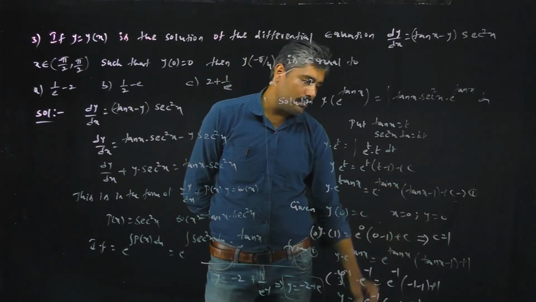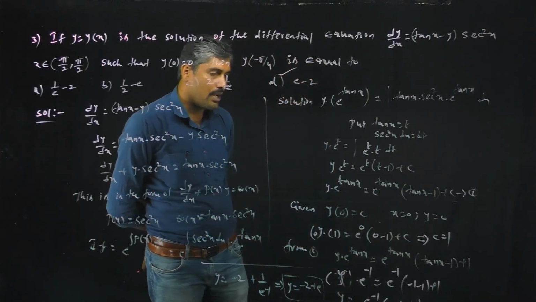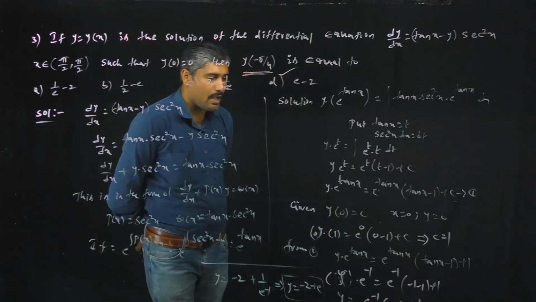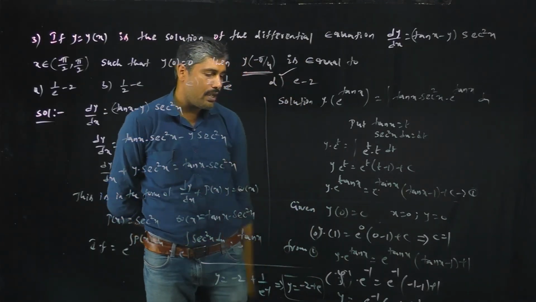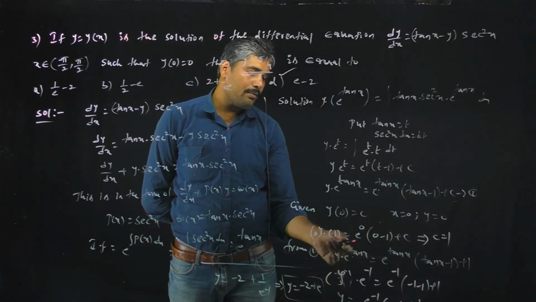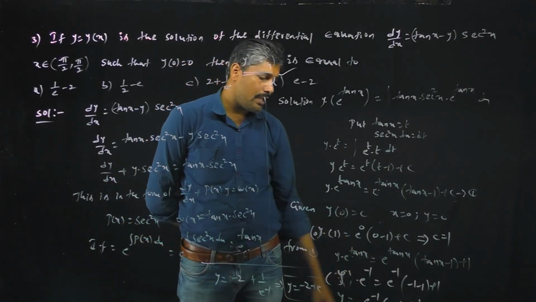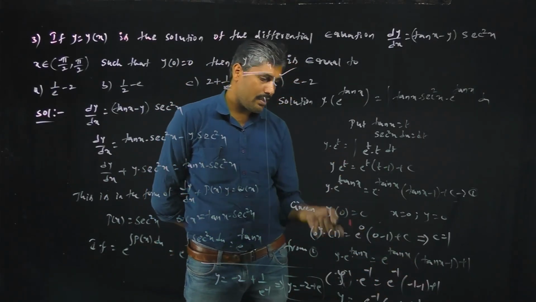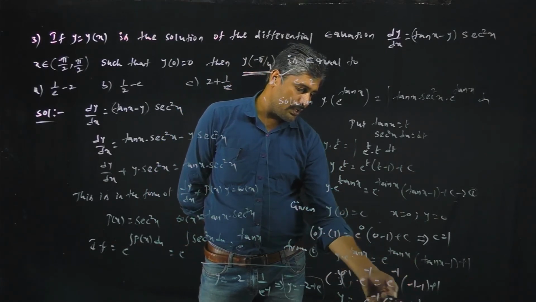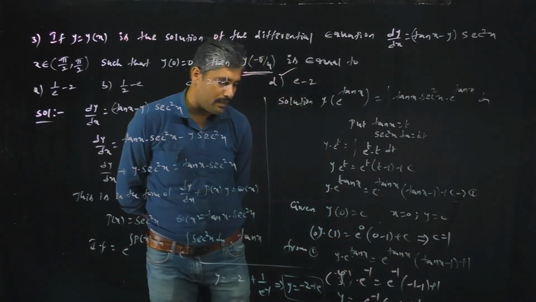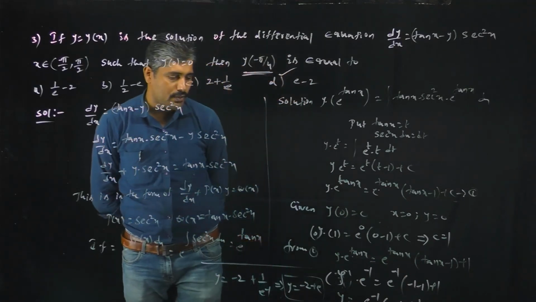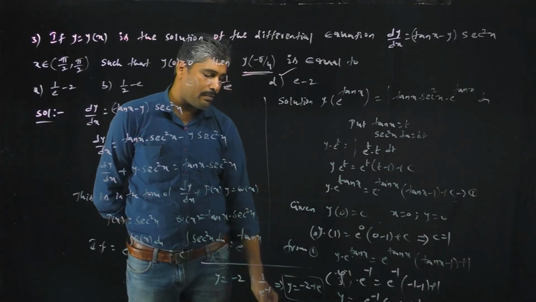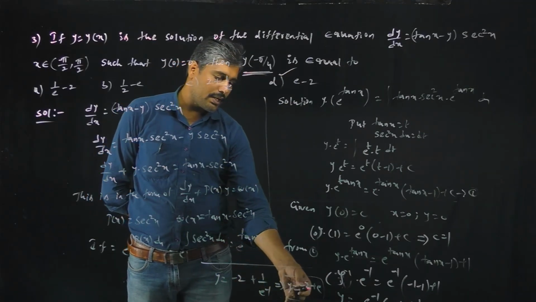Substitute in equation 1 in the place of c. We find y of minus pi by 4: y into e power tan of minus pi by 4, e power minus 1, equal to e power minus 1 into (minus 1 minus 1) plus 1, that is e power minus 1 into minus 2 plus 1 by e power minus 1. Then separating the e power minus 1, here e power minus 1 cancels, that is minus 2 plus 1 by e power minus 1. Taking the numerator, we get minus 2 plus e.